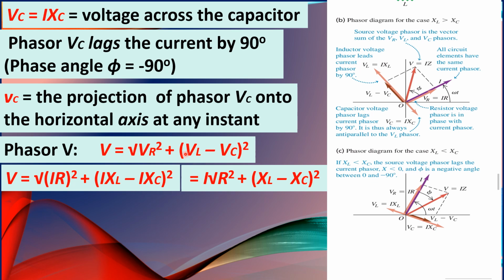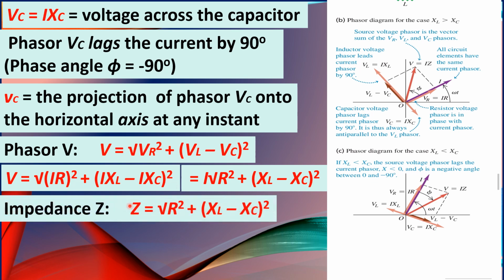Likewise, capital V sub L is expressed as the product of the current amplitude and the inductive reactance, capital I times capital X sub L, minus, in the case of the capacitor voltage, the product of current amplitude and the capacitive reactance, capital X sub C. Then square it, which, when simplified, can be expressed as the product of the current amplitude and the square root of R squared plus the square of X sub L minus X sub C. So this formula